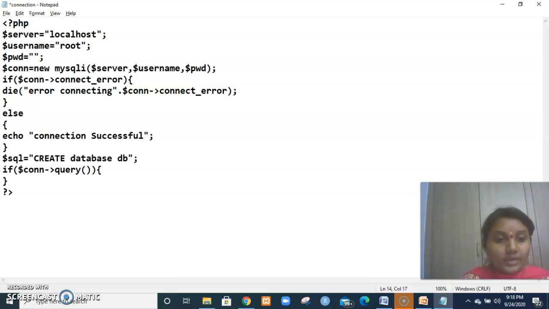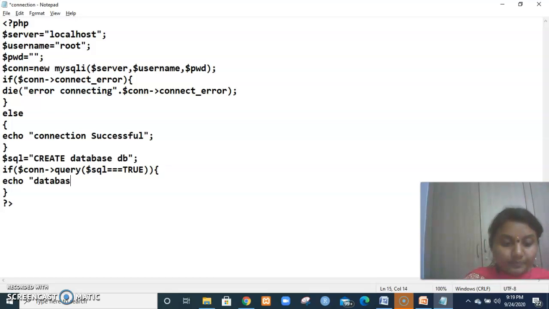So what is the query? Query is $sql. If this connection is true, then we are executing the command. So how are we executing? We are just printing "Database created successfully".